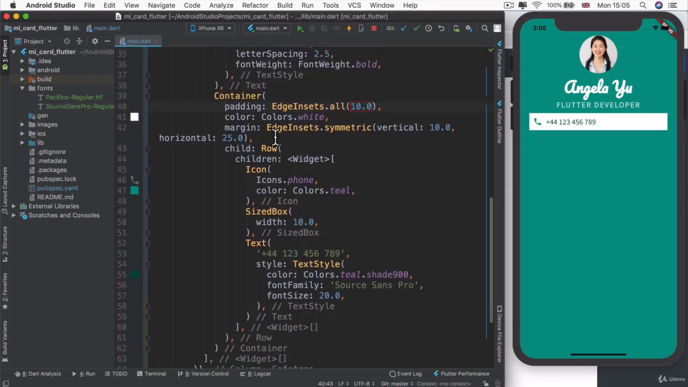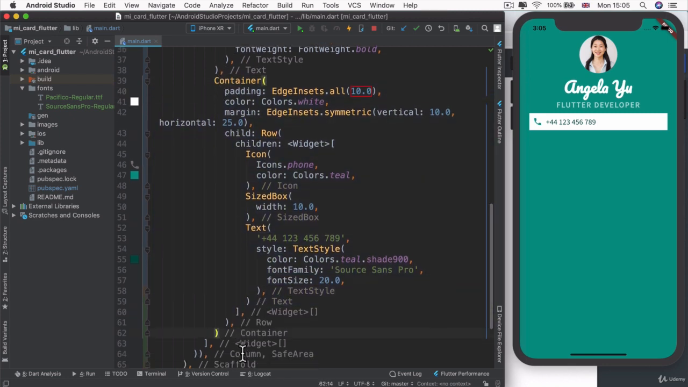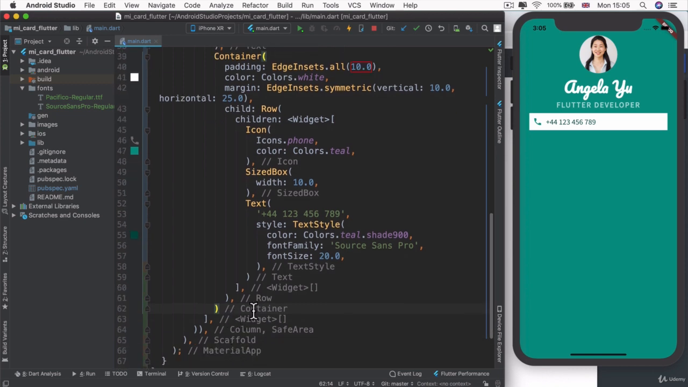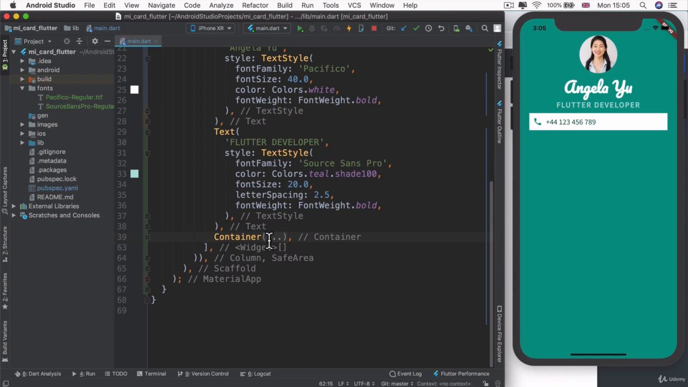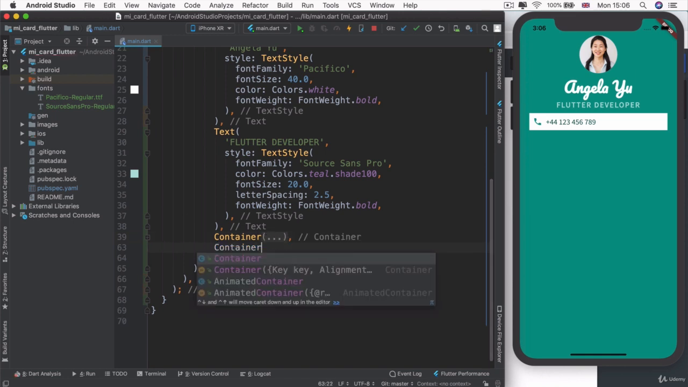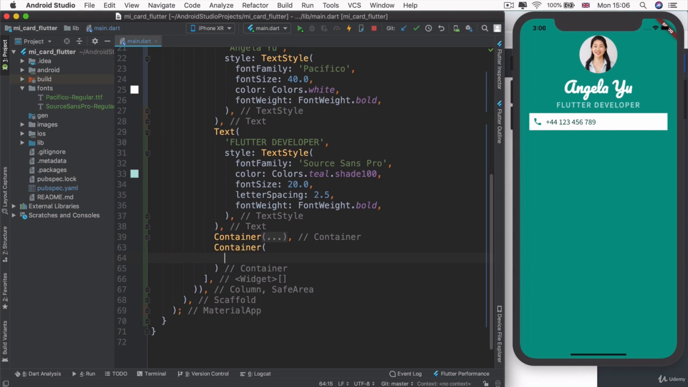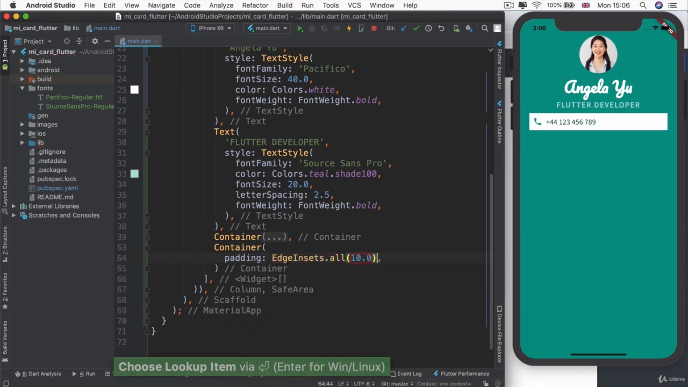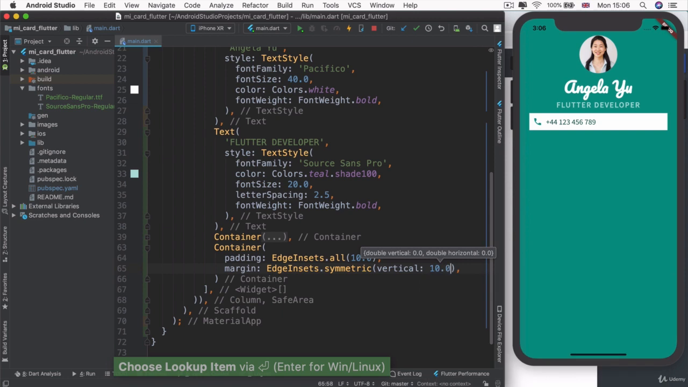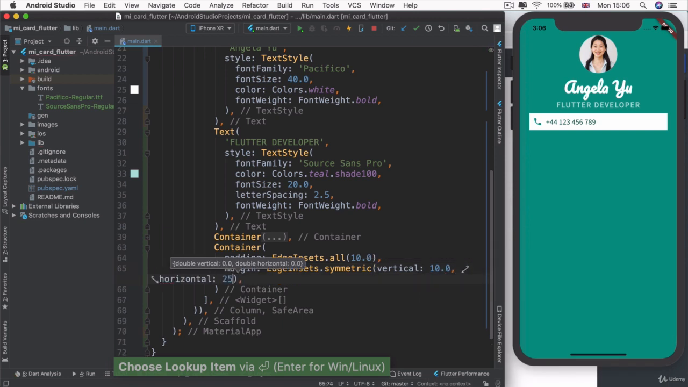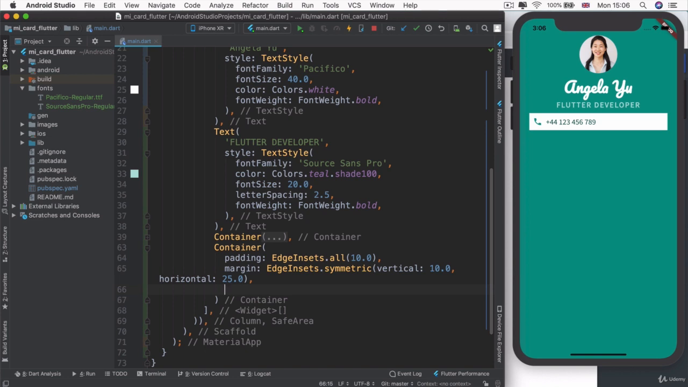Okay, so we know that we need another container, right? It's pretty much the same as this one. So let's find out where our container ends. It's right about here. And let's go ahead and collapse it. And then we're going to add another container underneath it. And this one is also going to have the same amount of padding. So that was edge insets all with 10 points. And then it's going to have a margin of symmetric margin with 10 on the vertical and 25 on the horizontal. And finally, it's going to have some content, and the content is going to be under the child property,